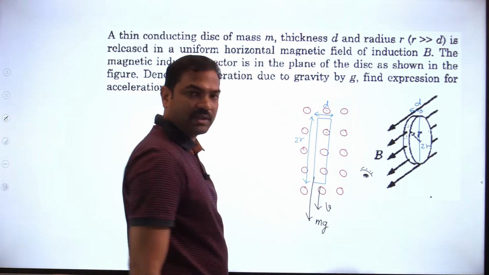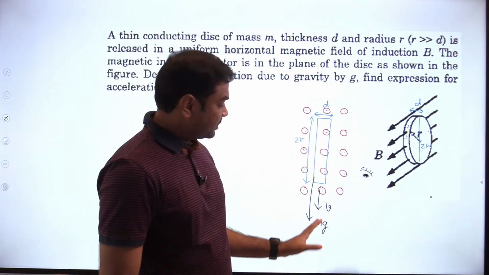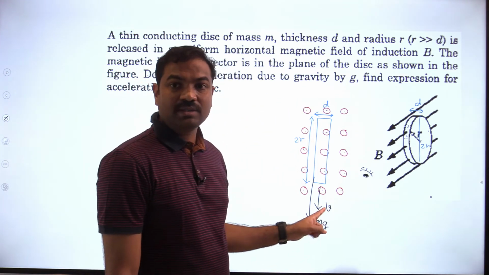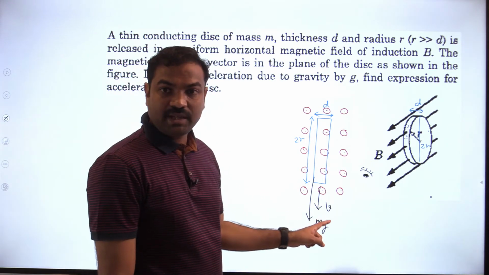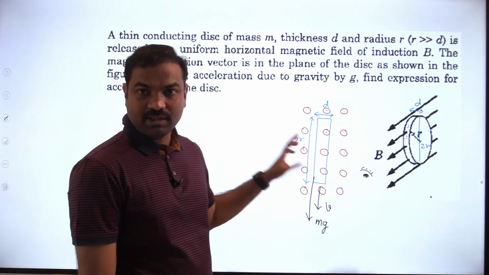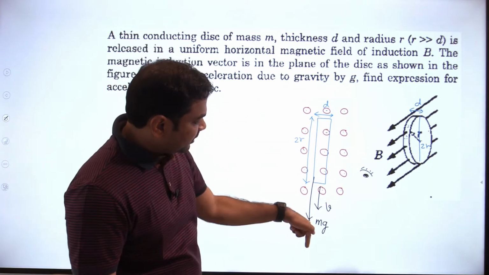I think no need to say this part. So let us say the disk is moving with velocity v at some instant. I don't know whether that velocity is constant, increasing or decreasing. We have to identify that now. So it is moving with v at this instant, and I will solve for that particular instant only. So if it is coming down with velocity v,